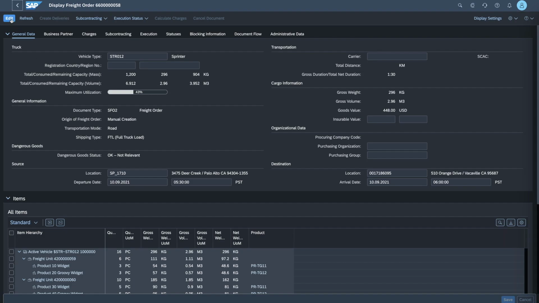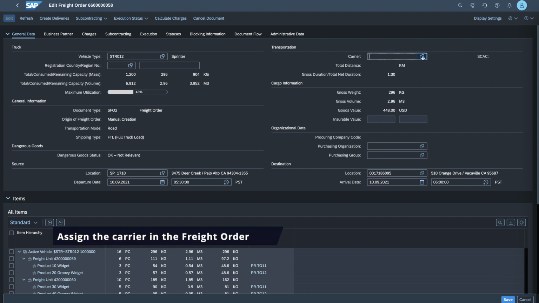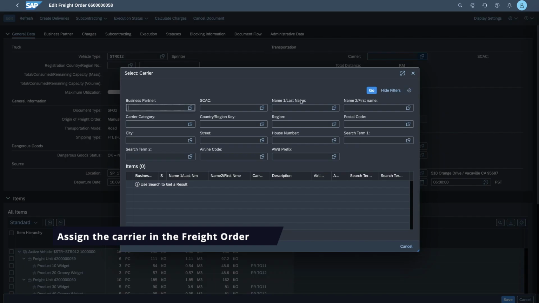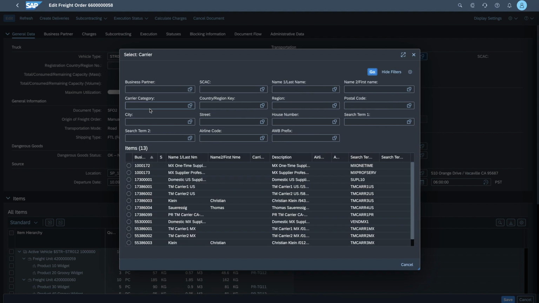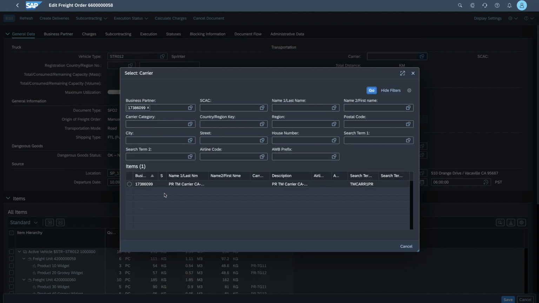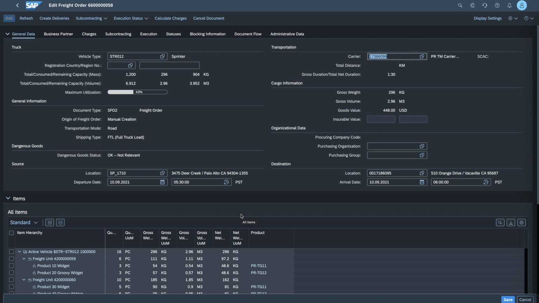so I'm going to select it to go into it, and while I'm in the order I'm going to click on edit so that the fields become open for input. Some of the key information that you want to enter, of course, are the carrier, and you can use the search help to find the carrier that corresponds to your particular choice, or as I will do in my case, I know the business partner number, so I'm just going to enter it and I'm going to select my carrier,